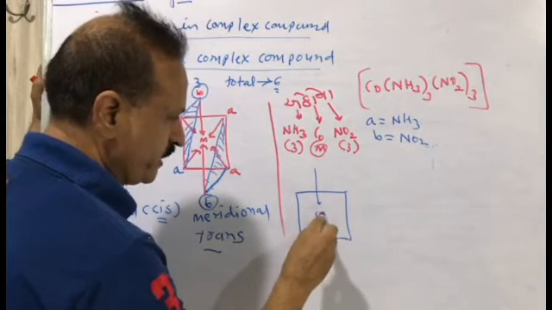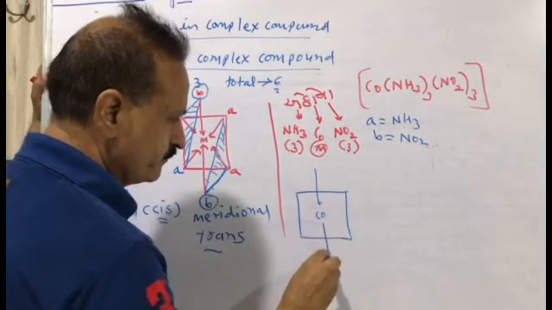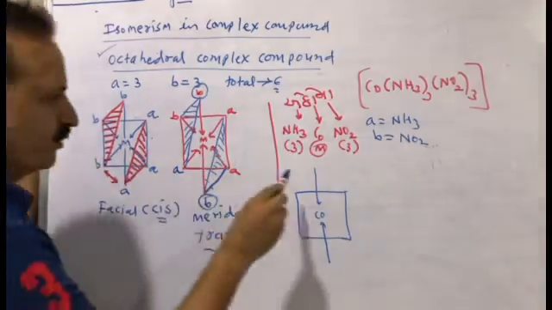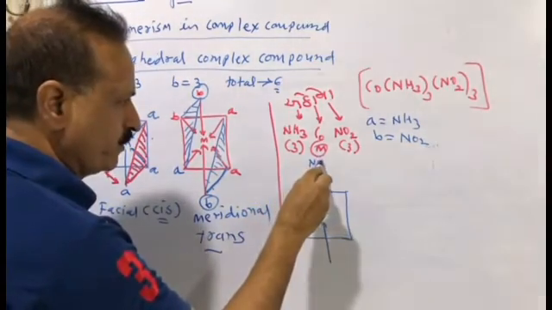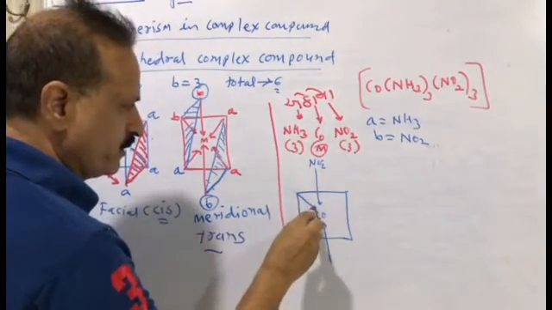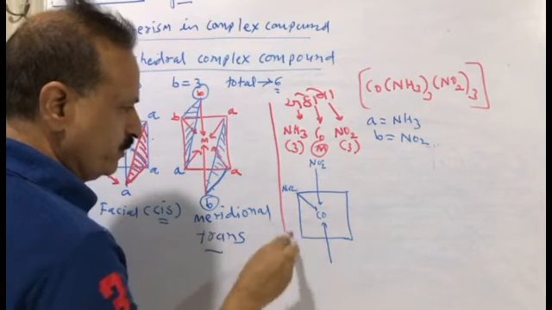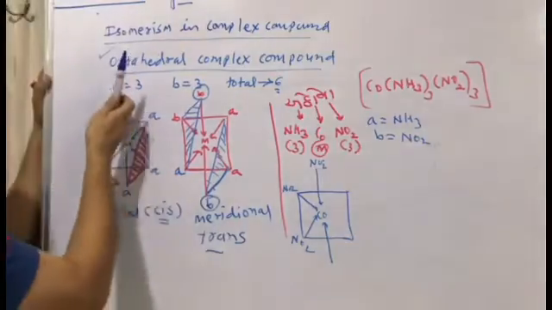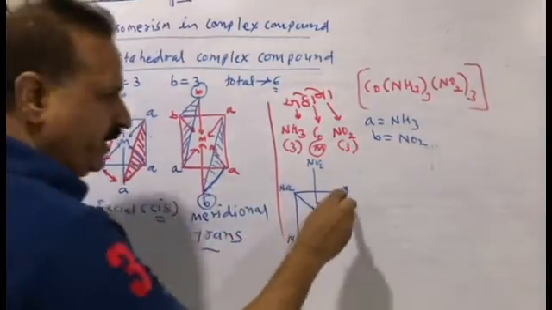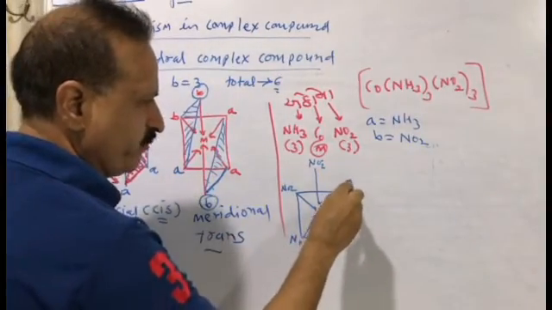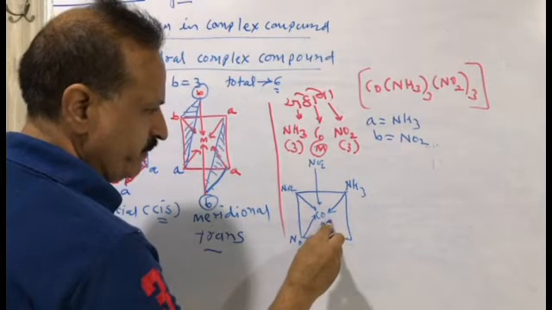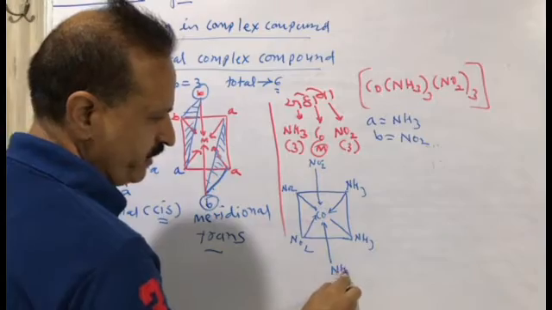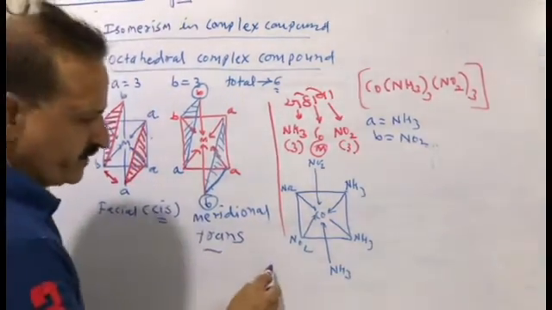Here will be cobalt. B equals nitro, so here will be nitro, NO2. Here will be NO2. Here will be NO2. A equals ammonia, so here will be ammonia, here will be ammonia, and here will be ammonia. So this is the facial